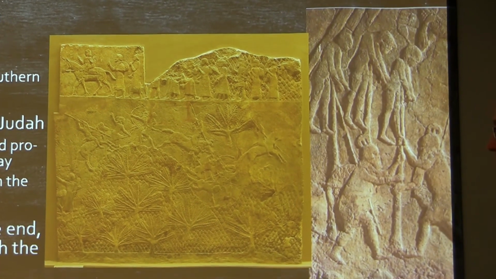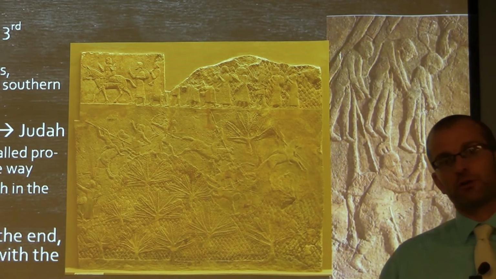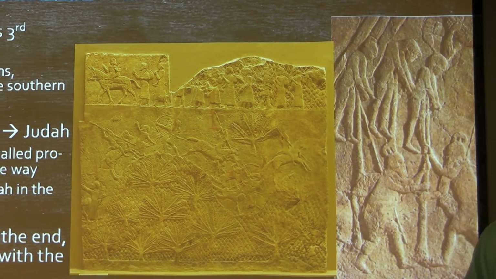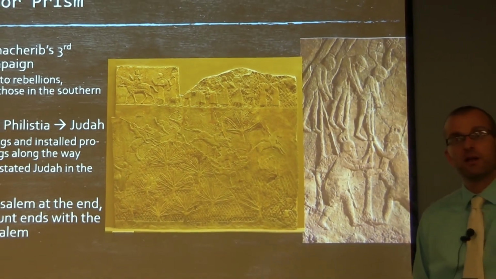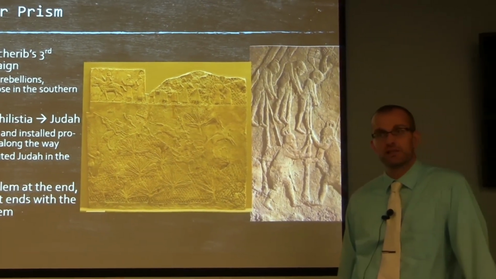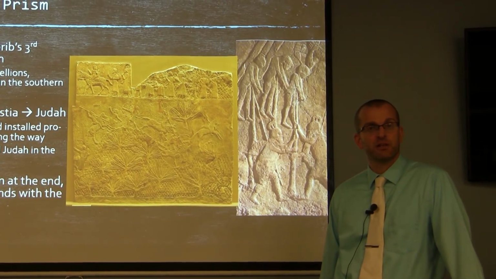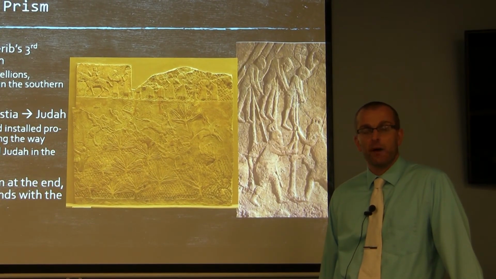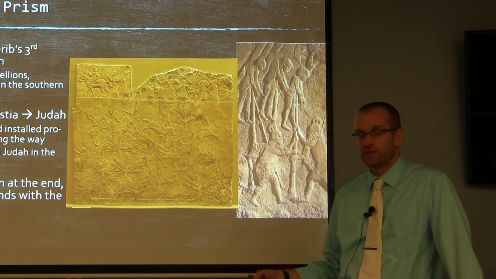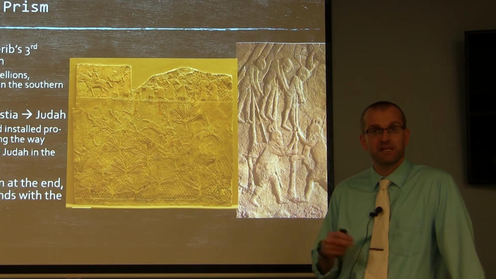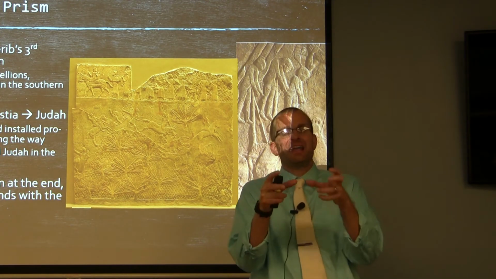And how do we know this? Well, thanks to Austin Henry Layard, we found his wall decorations on his palace in Nineveh. And those wall decorations are gold overlays that depict the grotesque siege warfare that Sennacherib subjected Lachish to. I mean, there are some nasty, nasty pictures. People being impaled, people being filleted, piles of heads, etc. I mean, this is visual rhetoric at its best.